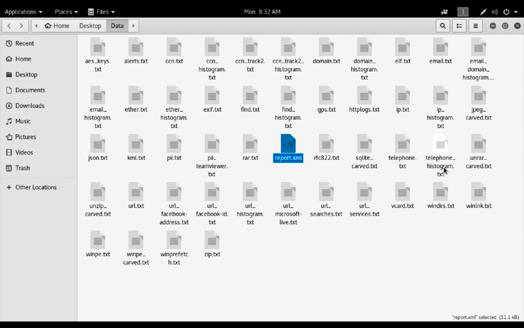So the question is how this tool is helpful for the investigator. If you have a dump image of 2 GB, or right now even a hard disk of 1 TB, it would be very hard for the investigator to open every document and find the email addresses, the pages visited by that person, the credit card numbers and all types of stuff. So this is the best tool, which will automatically filter out the keywords and present them in a very effective manner.